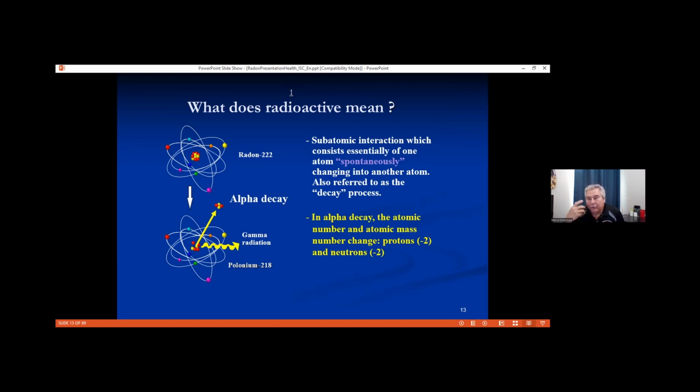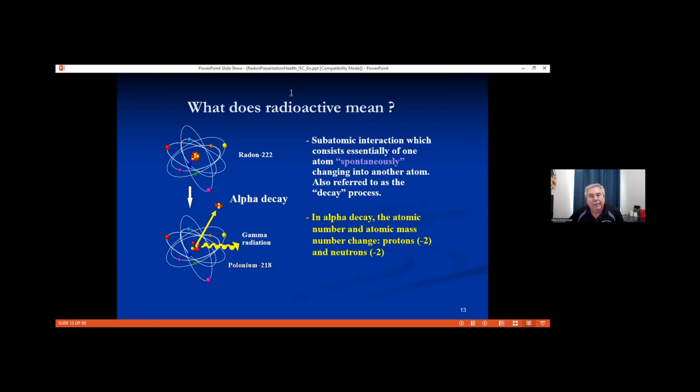So going back to my analogy of popcorn, we get this energy being released, a certain portion of it gamma radiation, and a certain portion which is an actual particle that gets ejected out of the nucleus of the atom. That's an alpha particle. We call that alpha radiation. It's that particle that, as I'm going to explain a little bit further, is the big danger for our health.